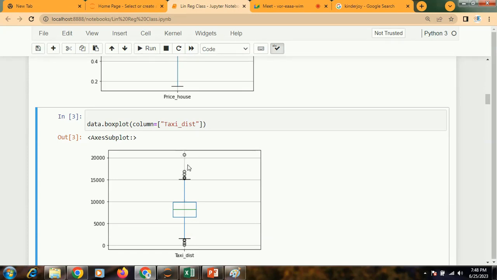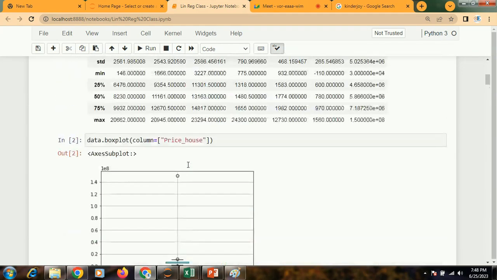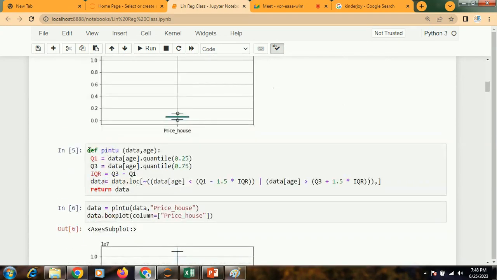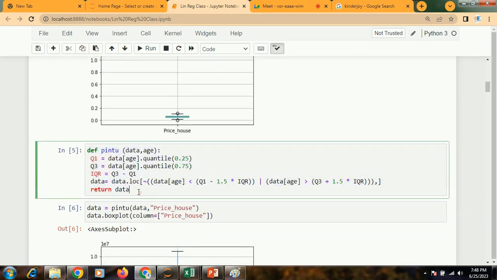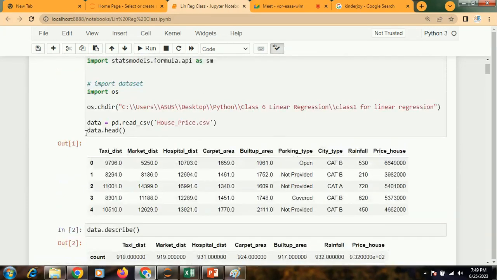Simple outliers. So I understand there are outliers, and how do you remove them? There is a function which I have written. This is just my own nickname. You just run this function, and then I have imported this dataset.